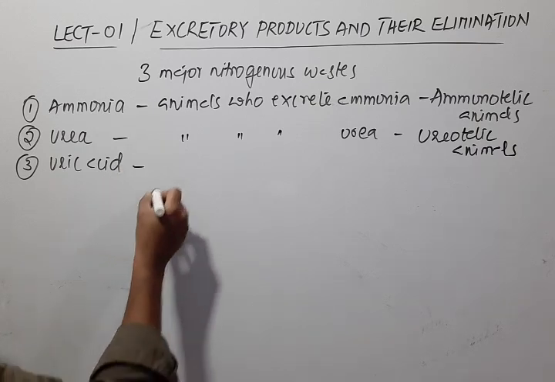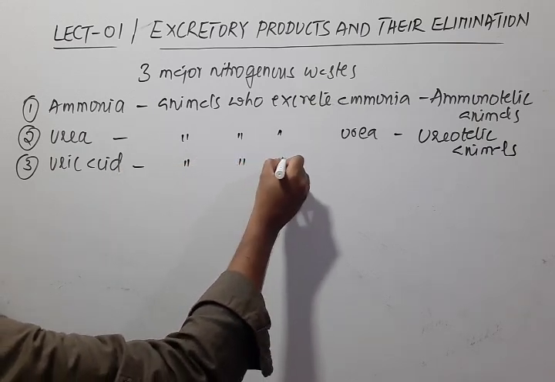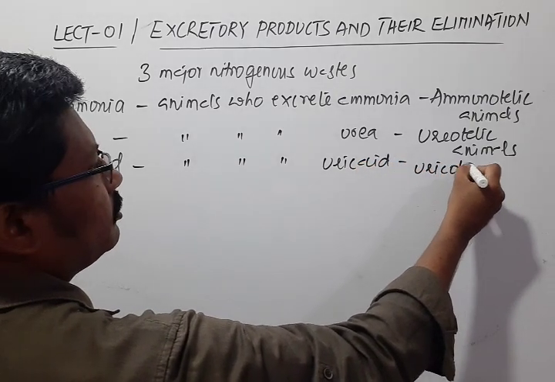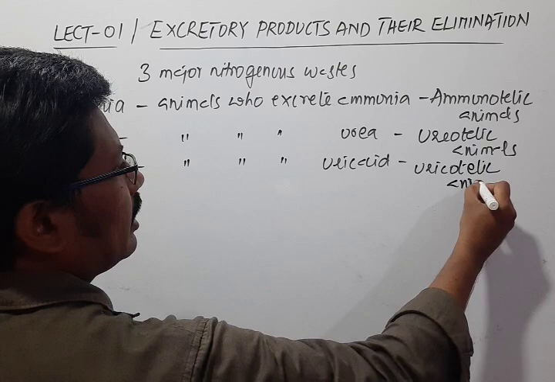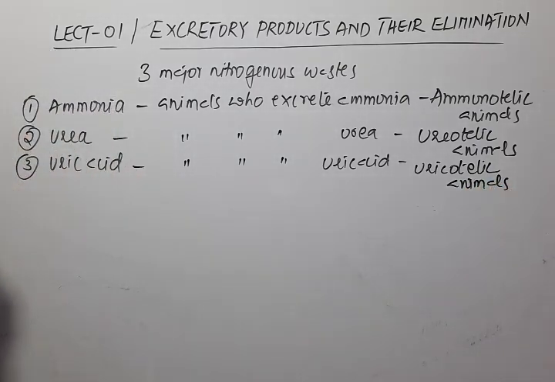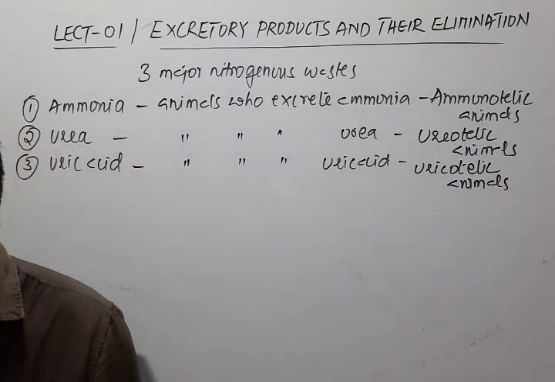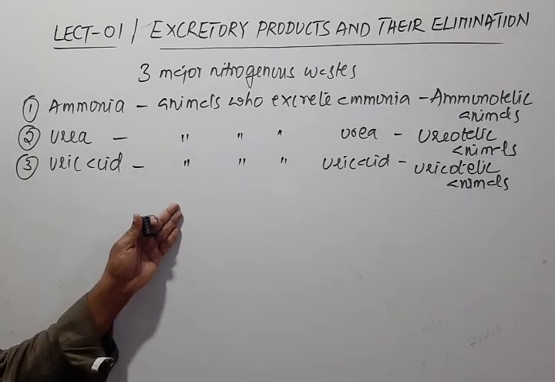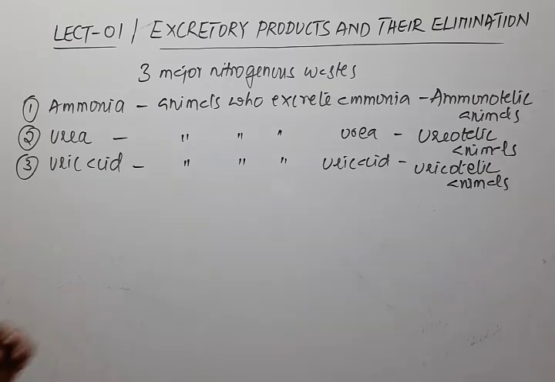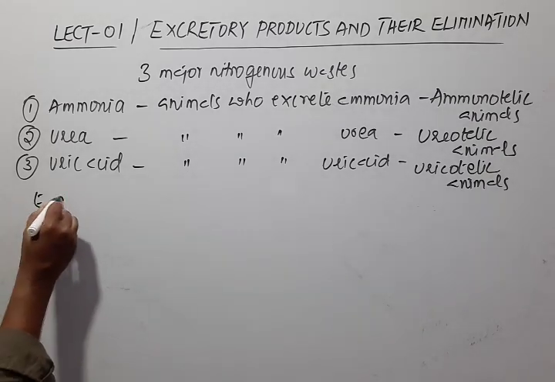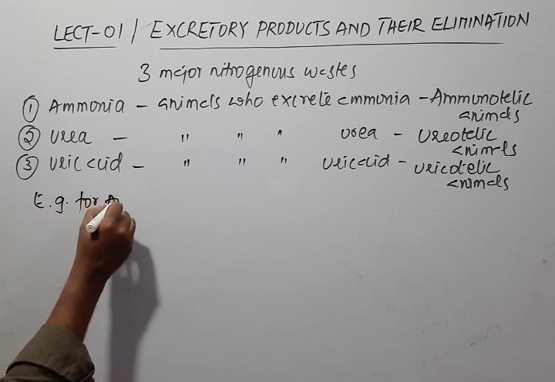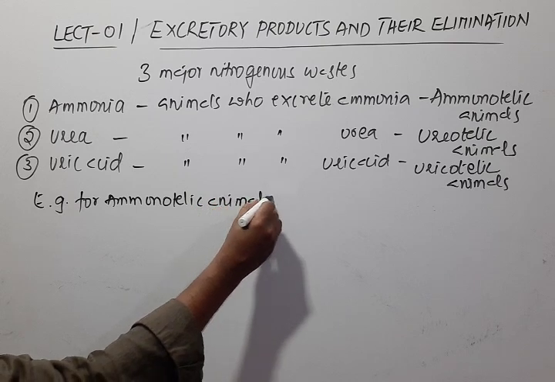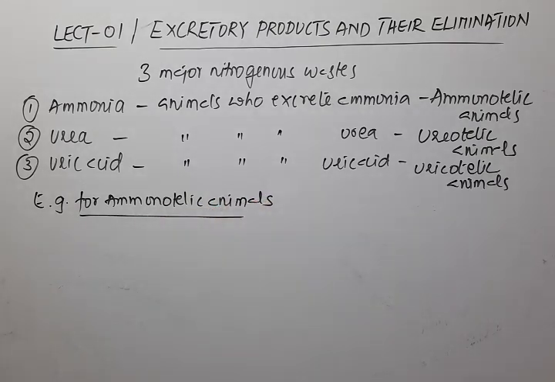And the uric acid, so animals who excrete uric acid are called uricotelic animals. Right. Now we will see some examples for the aminotelic animals. Examples for aminotelic animals. So these include